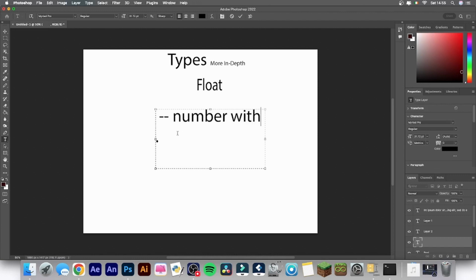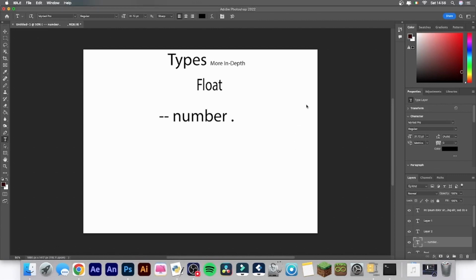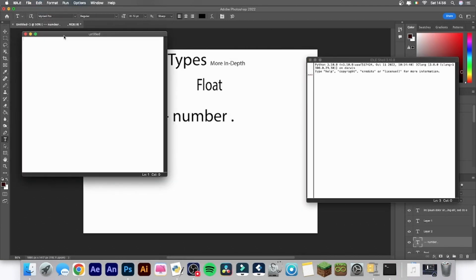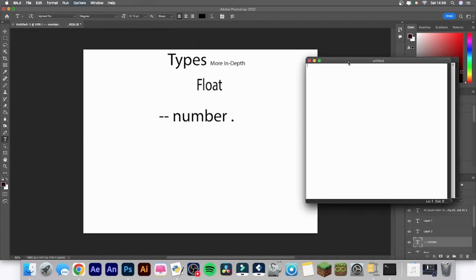Now, a float. We know what a float is. A float is a number with decimal points. When you're doing C# or Unity, you will find that you have to define a variable. So you would go new file, and you'd go float